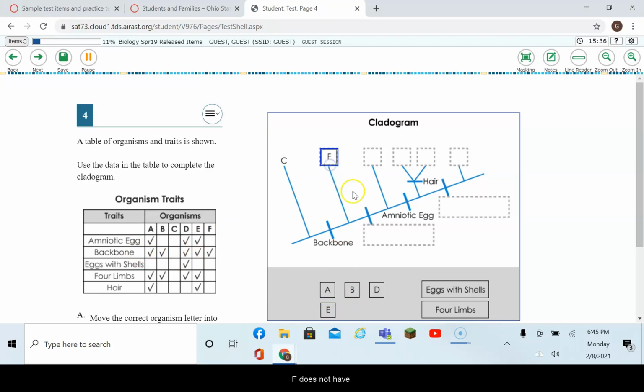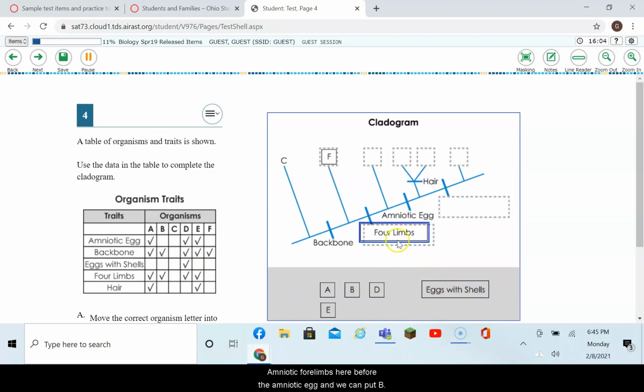F does not have any more traits, just the backbone. What's going to be our next one? Okay, so we see here that organism B has the backbone, so he gets over that hurdle, and he has 4 limbs, but he doesn't have amniotic eggs. So now that tells us we can put 4 limbs here before the amniotic egg, and we can put